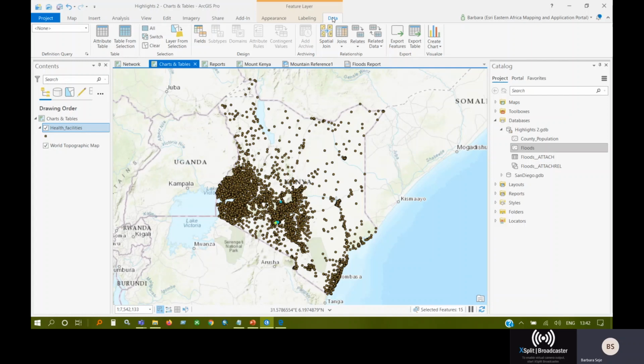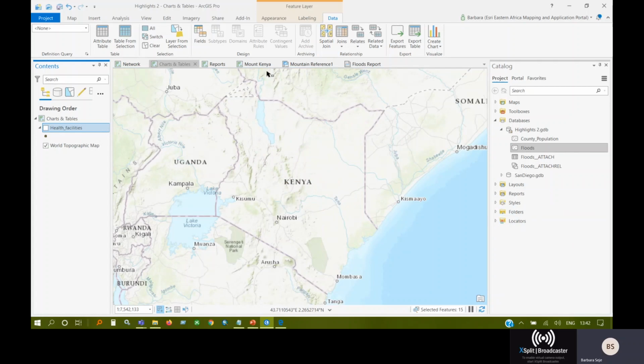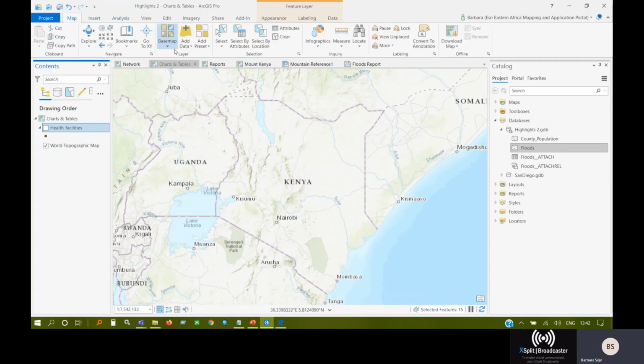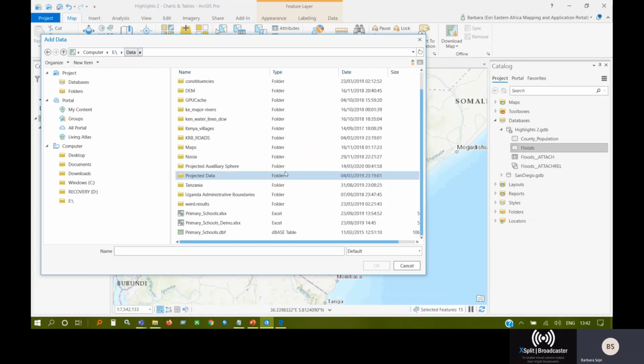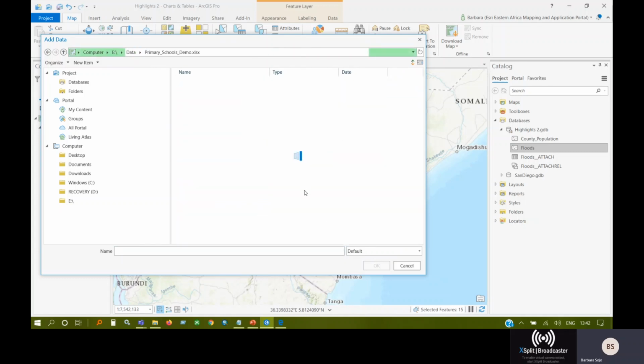So let's just explore what I've just talked about. The first one was with sharing your work. Let me just uncheck my data, and then I'm going to add an Excel sheet. So add data here, and then I'm going to pull an Excel sheet, let me just pull this at random. Here I'm showing you the capability of sharing standalone tables to your ArcGIS Online, or